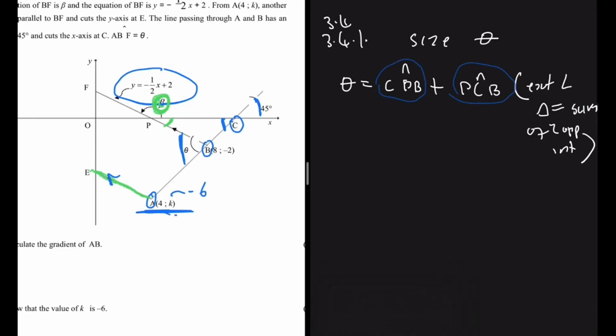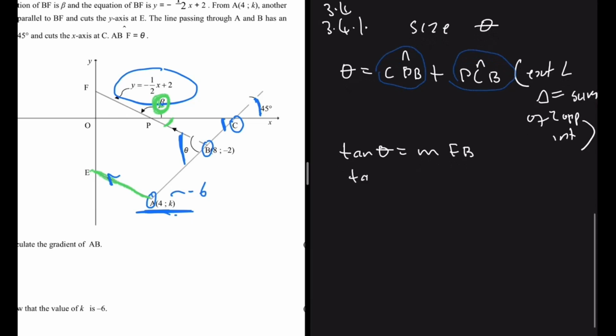So again, we're saying that tan of theta is equals to the gradient of a line we are interested in, FB now. So we're gonna have tan of that angle being equals to minus a half, because that is the gradient of that line. So now that angle will be equals to tan inverse of minus a half, and that is equals to